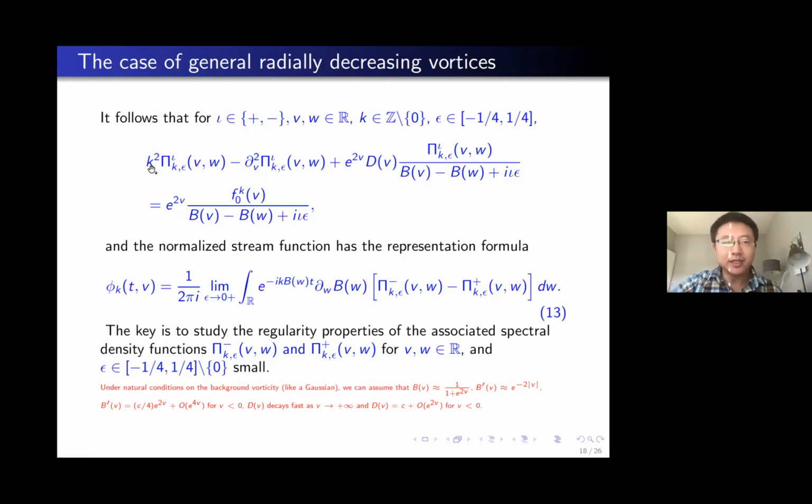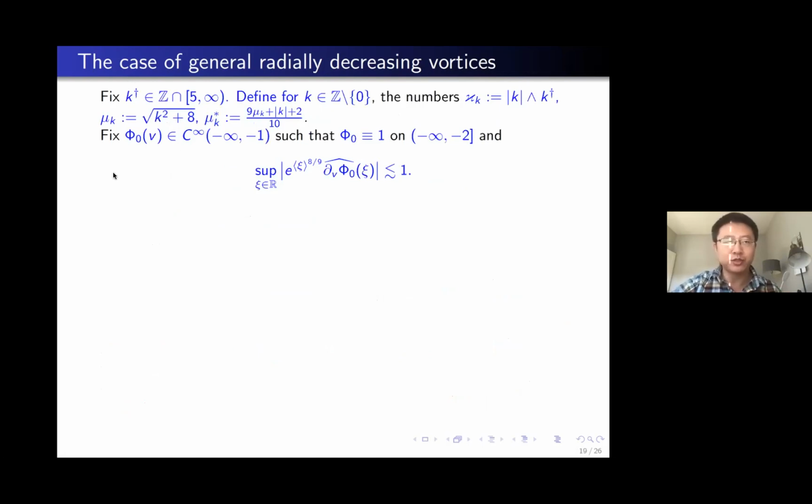But on the other hand, this k is not an independent variable. It's also a derivative in the theta variable. So this creates a little bit of confusion, because it's not only a derivative, but also indicates the physical space decay. So we want to somehow decouple the two. Therefore, we choose not to track all the decay for large k, physical space decay. Rather, we introduce this cutoff function, cutoff frequency.